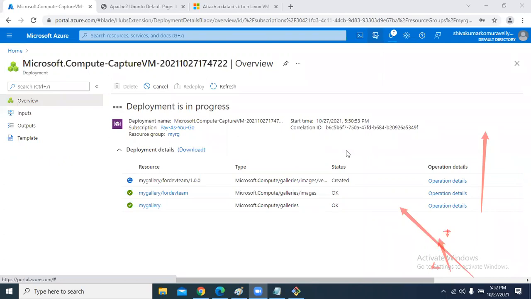If your credit card is very new, that means you did not use that credit card earlier, you will get $200 in your account. That $200 you can use for creating virtual machines, storage, networking, many things. Within the first month only you have to use the $200.